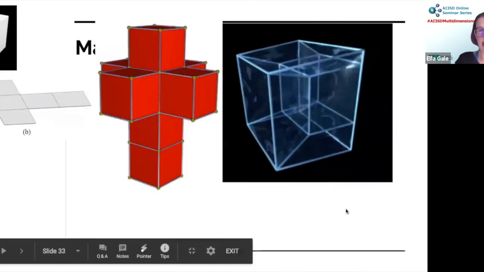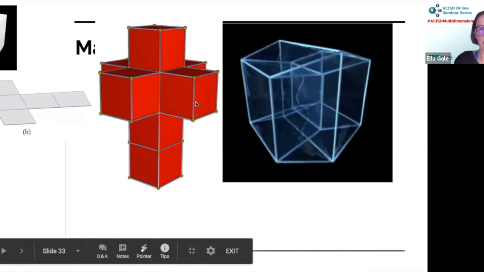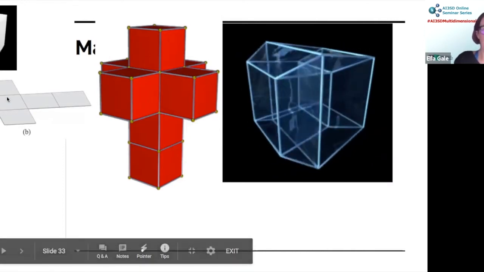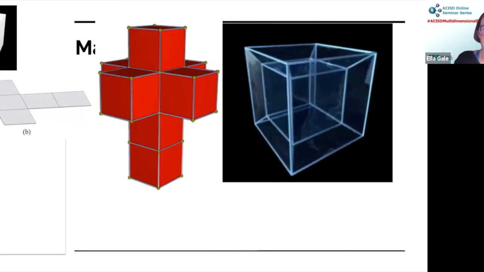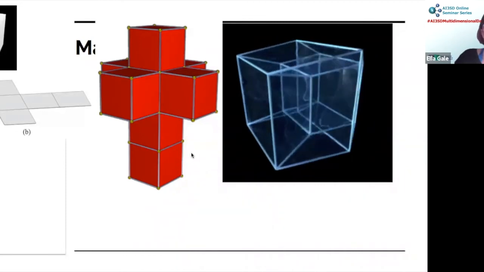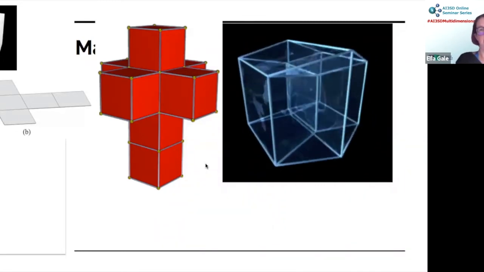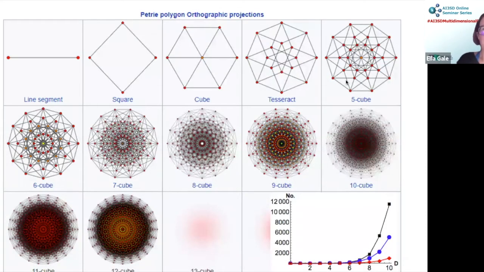Now the net of a hypercube, a tesseract, is this shape. Whereas the cube is 6 squares stuck together, a hypercube is 8 cubes stuck together. And just because I thought it'd be nice to point it out, this has been considered and understood in art. But this continues as you go into higher dimensions.